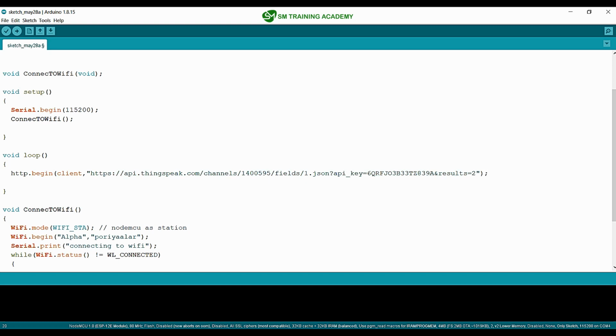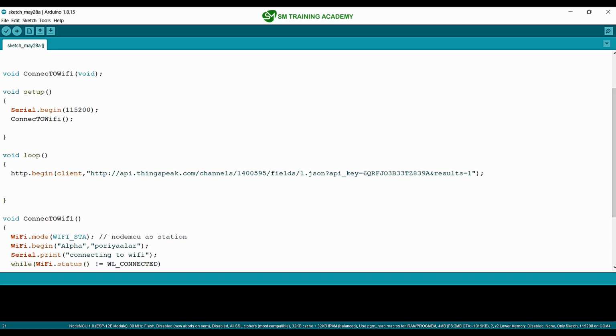And here you can see the number of data is 2, but I just want to receive only one number of data from the response of ThingSpeak. And here, as I said, this HTTPS is not supported by NodeMCU, and because of that we will be passing the URL in HTTP format. So please erase the S over here.